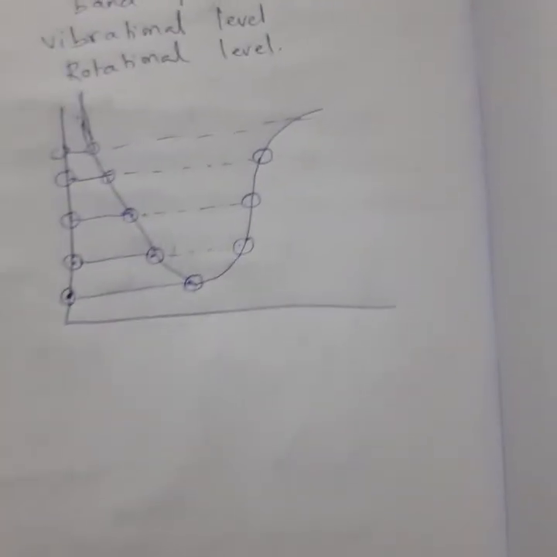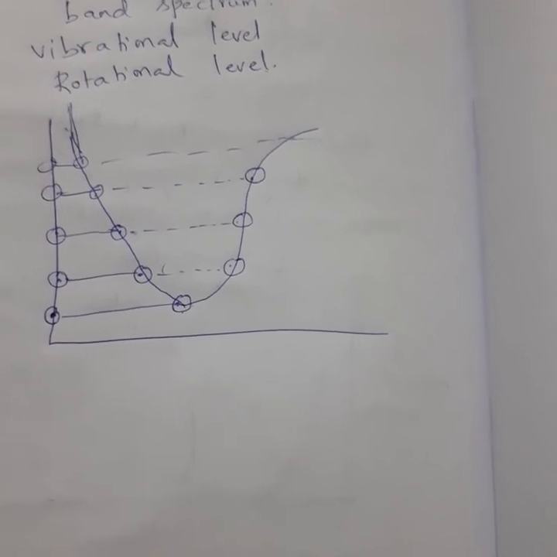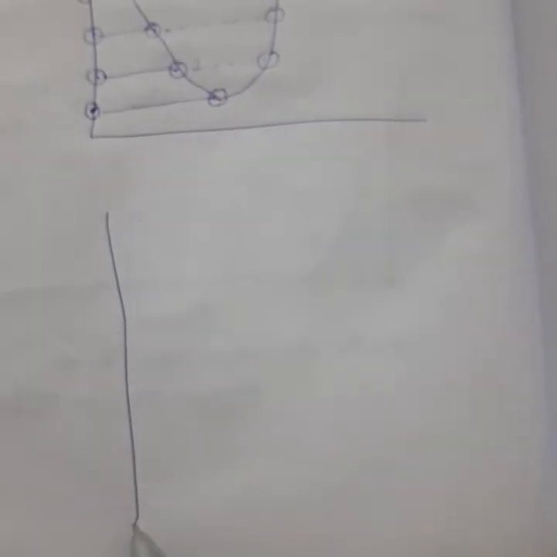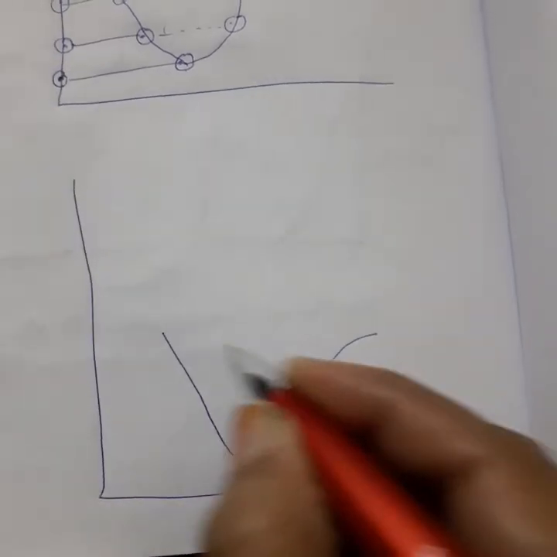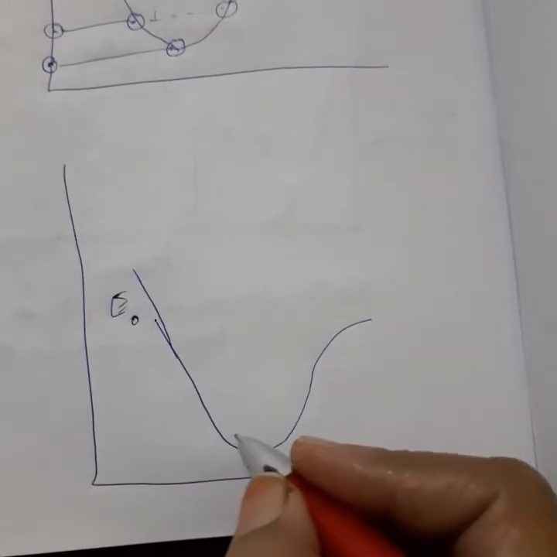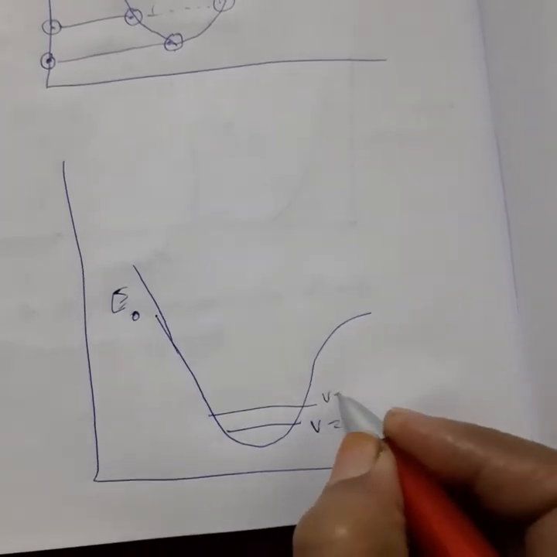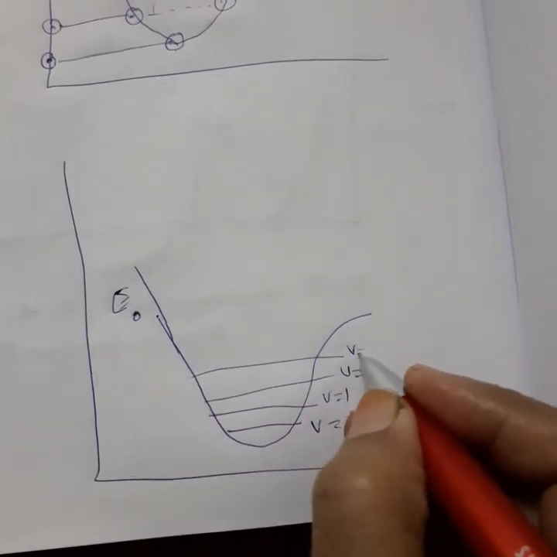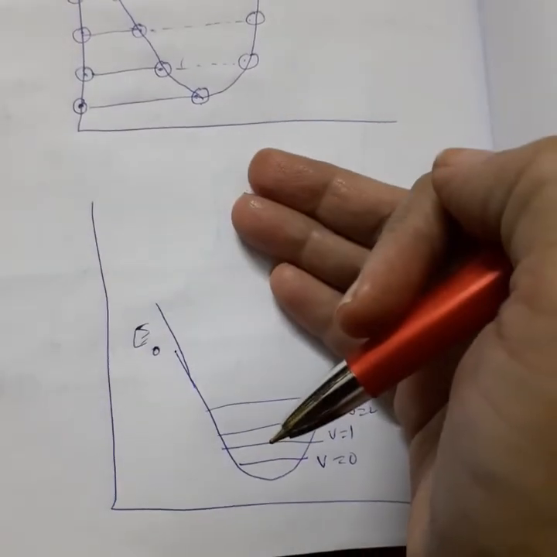Now, generally during these electronic transitions, what is happening? An electron is jumping from one level to another level. So let us suppose electron shifting is taking place from one level to another. Let us suppose this is the lowest level, that is E naught. These are V is equal to 0, that is vibrational level 0, vibrational level 1, this is vibrational level 2, and this is vibrational level 3, like that. Okay. Now, when the electrons are excited,